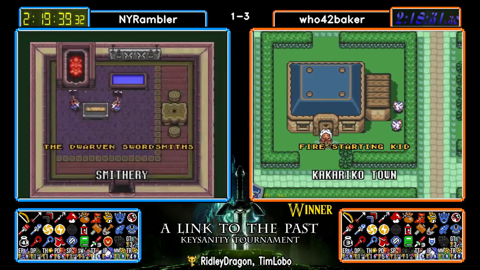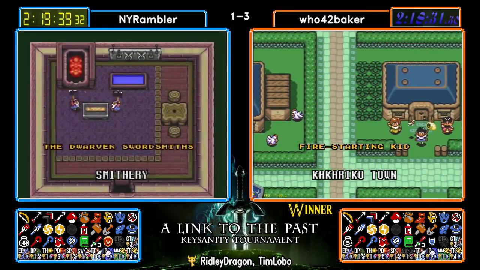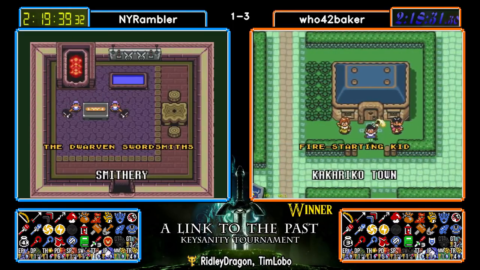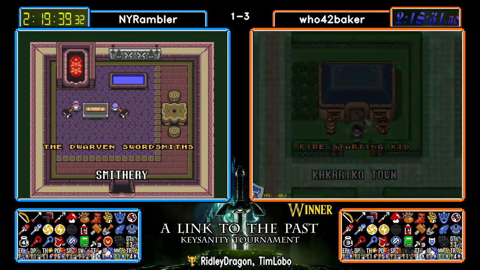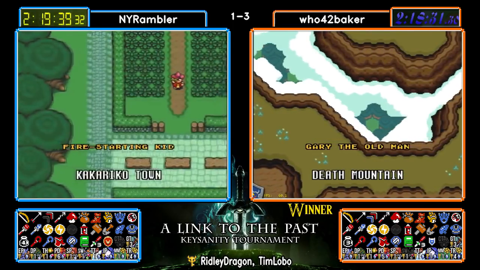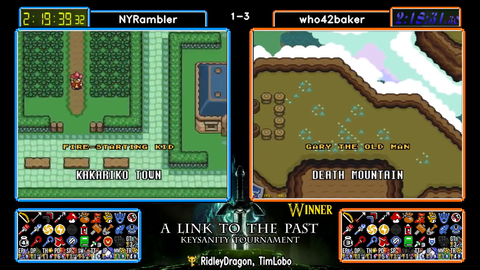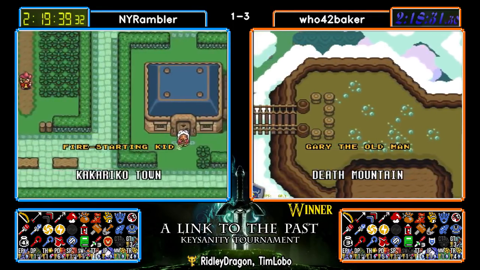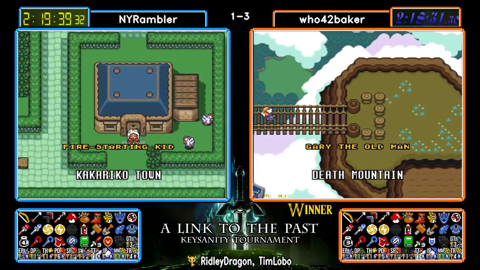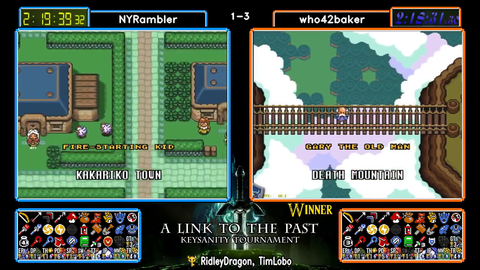Yeah, I didn't do shovel till late because I totally forgot about Checkerboard Cave and forgot that I had gotten a bottle in Swamp Palace. So I went and checked that, and I dug up a bottle, and I thought I never checked Sick Kid, and I was very worried that it was something important. And it was the fire rod, and I felt very behind. I don't know. I felt ahead when I